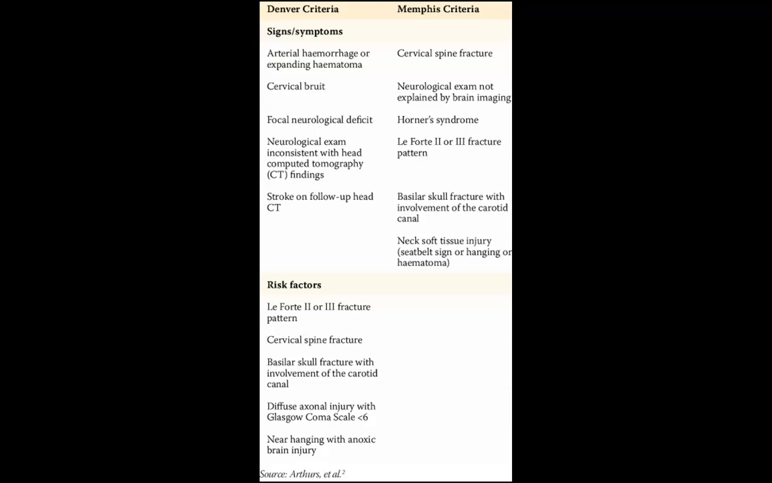And the Memphis classification is more or less the same. But of course, if the patient has Horner syndrome, Le Fort fracture, which is a severe facial fracture, skull base fracture involving the carotid canal, or neck soft tissue injury. These are the criteria where we should do an angiography in cervical injury, or any head injury. When to do an angiography, these are the risk factors: